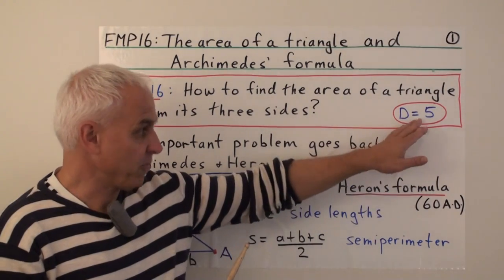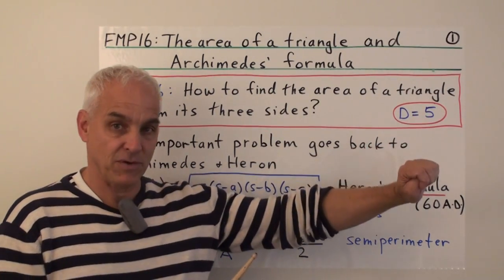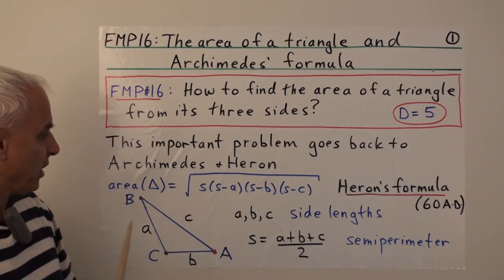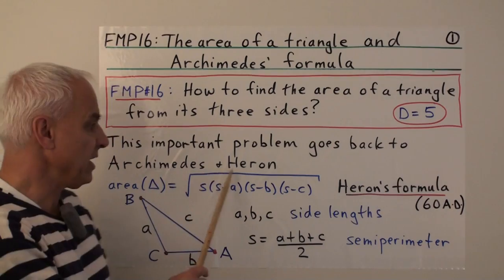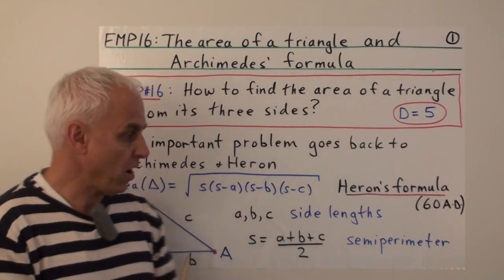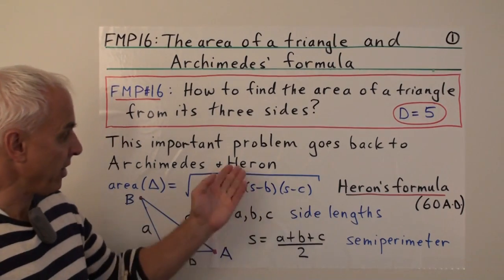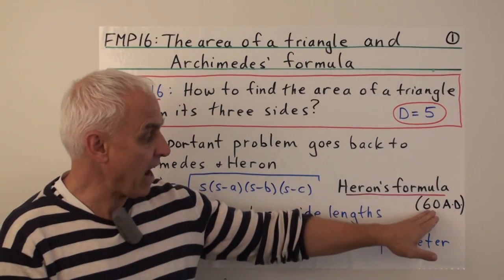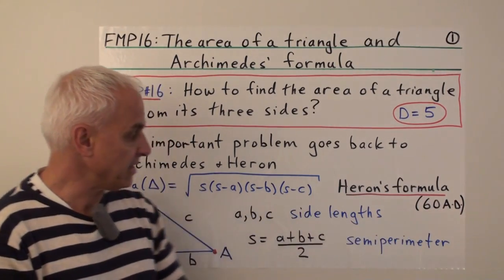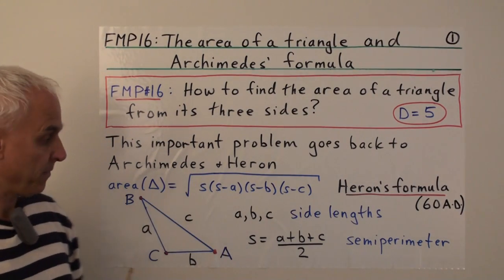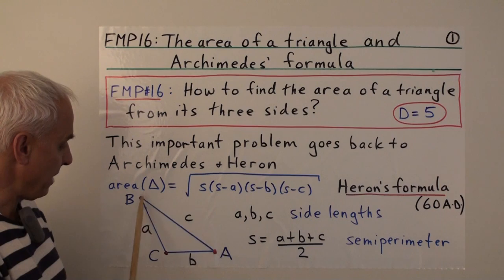And this is a solved problem, but it's a rather difficult solved problem, so it gets d equals 5. It goes back to Archimedes and Heron. Archimedes, the greatest thinker of all time, in my opinion, and Heron, a mathematician who lived quite a bit after him, around 60 AD. Heron's formula, as it's usually known, is the following: if you have a triangle ABC,